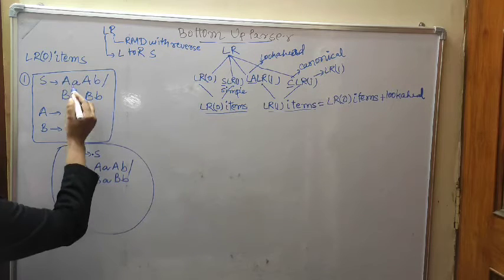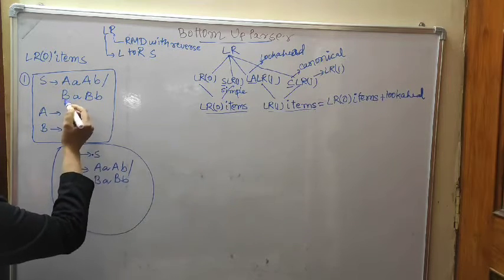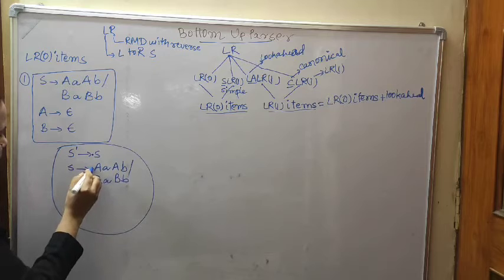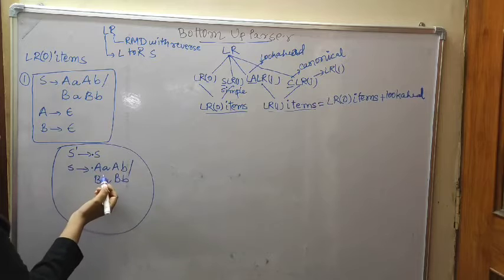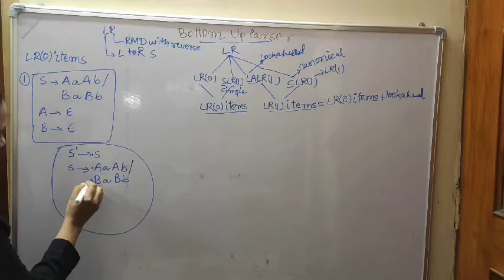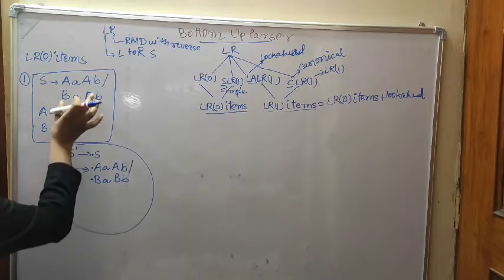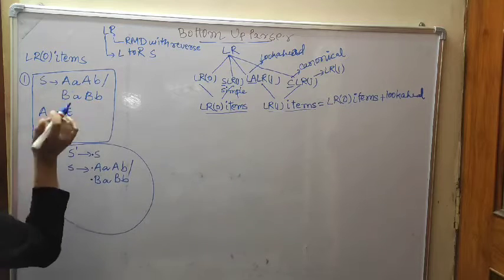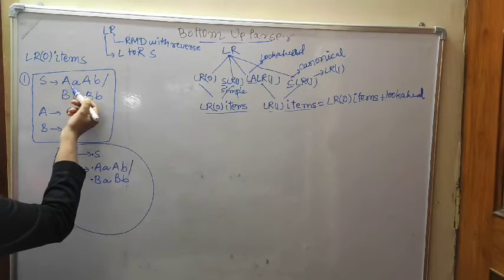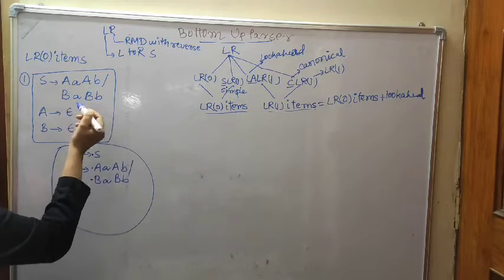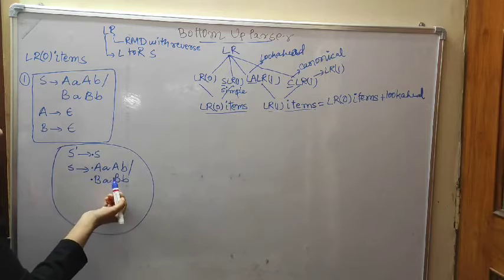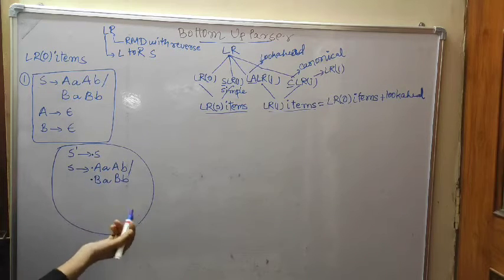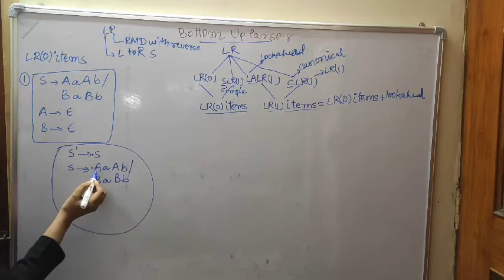So that is why we write the S production rules. What are the S production rules? AB, BB. Write them down. Because A is also not yet read, write a dot before it, and before B also write a dot, because these two are different productions. From S we can go to AB, otherwise BB. So before a terminal or non-terminal we give the dot. Now you can see that this A is what?